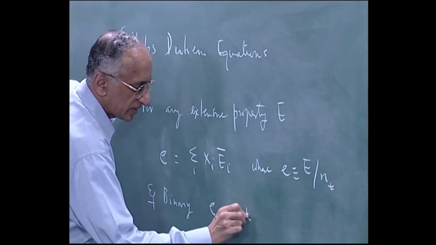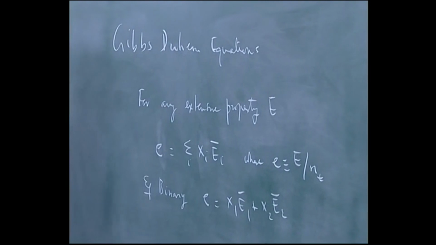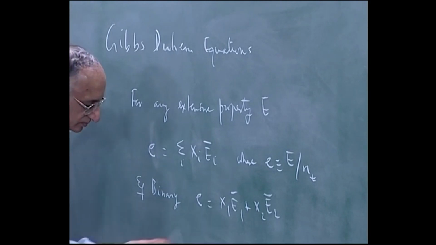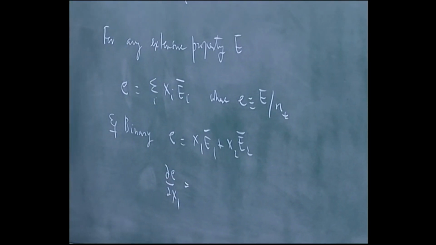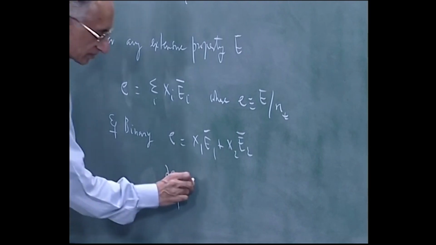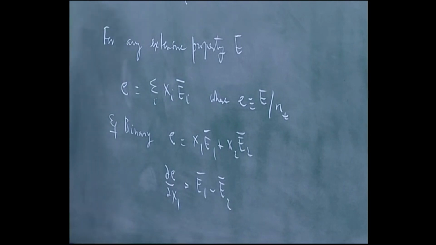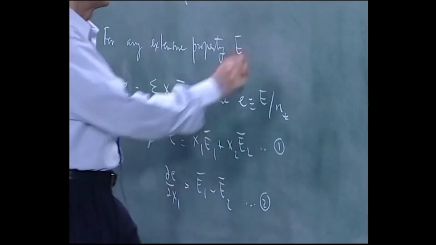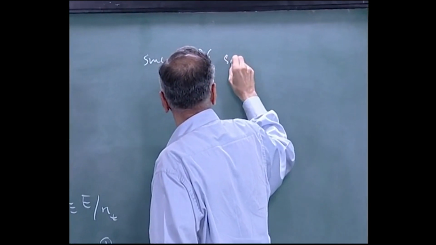E is equal to x1, then we showed that, or this is 1, this is 2. Since Gibbs-Duhem equation says